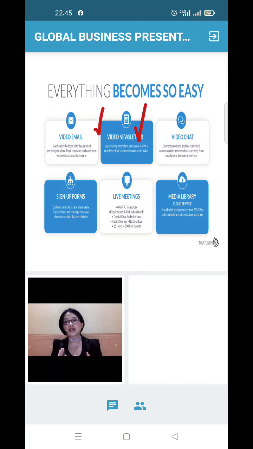For the text, you don't need to put anything from scratch, it's already available for you. If you don't like anything, you just delete it and upload anything that you want. And for the text, you just type anything that you want on your video newsletter.